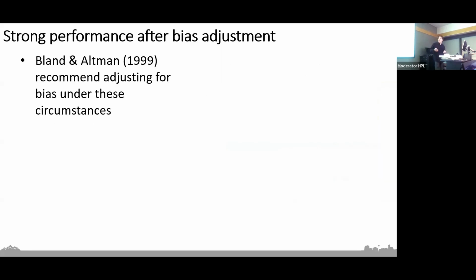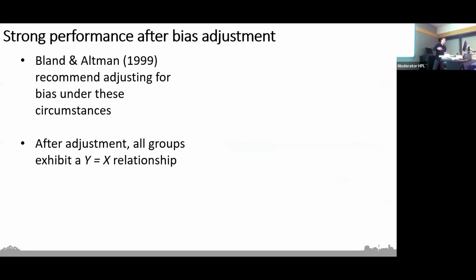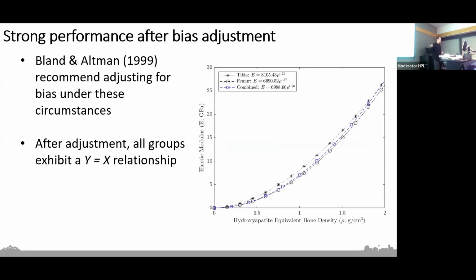And so Glenn and Alden in their seminal paper, they actually recommend adjusting for the bias under a situation like this. And if we were to go back and adjust for the bias, actually every single group, all the groups in the optimization, all the validation groups, they all exhibit a y equals x type of relationship, which is super good to see. And when we plot those three relationships together, we also see that they closely approximate one another,